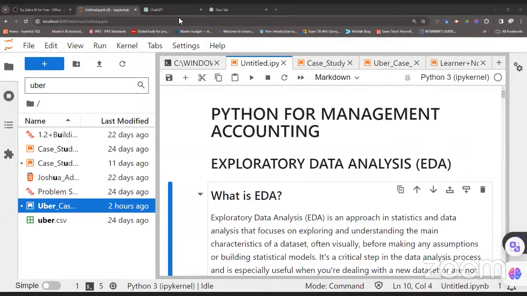So now let's continue. I was saying that we all understand the job of the management accountant in today's businesses. It's purely about data handling. And by that, the management accountant needs to get skills about how to analyze big data, and that's why we are doing these kinds of things. Python can never be excluded. Okay, so with that said,